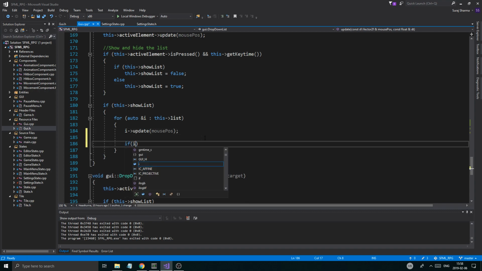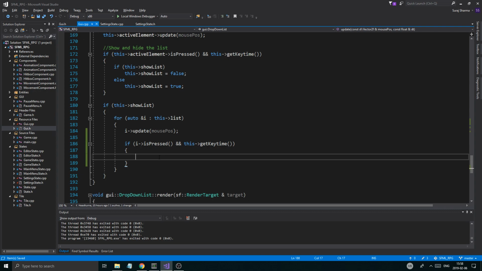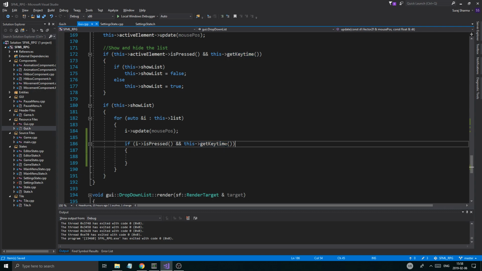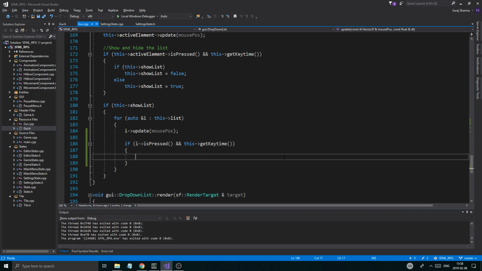If I is pressed, this get key time. You do this within the loop. If I is pressed, this get key time. So that means we can't press it a lot, just once, and then the key time is going to start